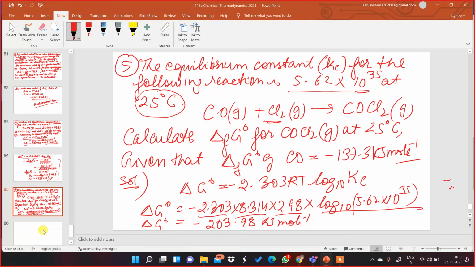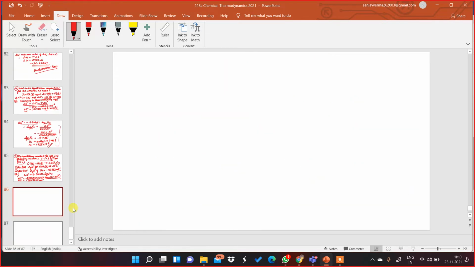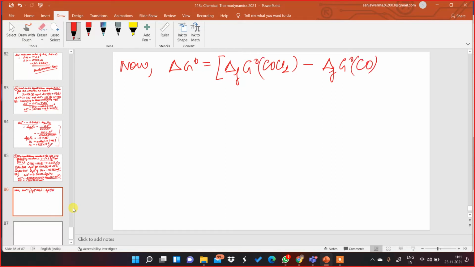But they're telling us to find the delta G naught of formation for COCl2 at 25 degrees Celsius. So now we'll apply the other equation. Now delta G naught is equal to delta G naught for the formation of COCl2, minus delta G naught for the formation of CO, carbon monoxide, in brackets. This value we already got, minus 203.98, is equal to